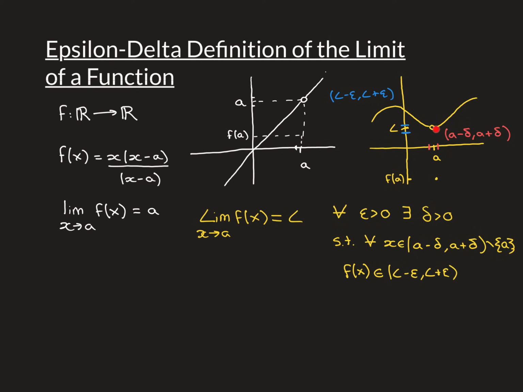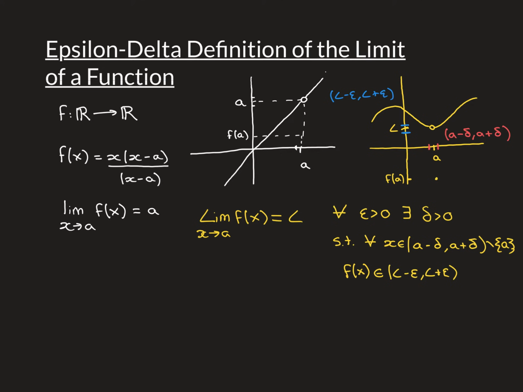The function converges on this value L here, the limit, but the value of the function is something totally different, and clearly this is not going to be inside this epsilon interval. So any epsilon interval that's got a boundary smaller than being over here, this difference between L and f of a, is not going to include f of a, so no delta interval is ever going to be able to map entirely into that epsilon interval if we were including the point x is equal to a, but we're not in this definition, and that's crucial that that's not included.